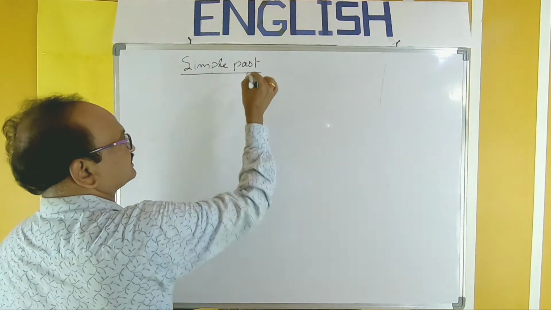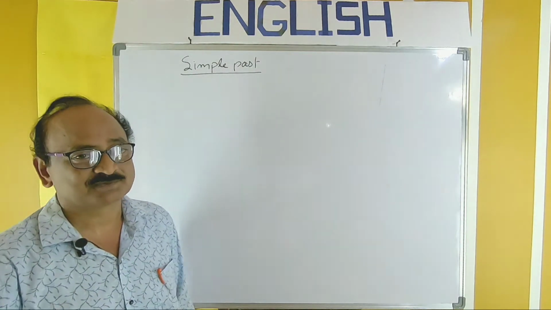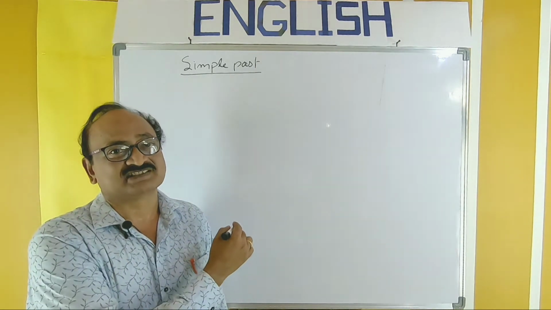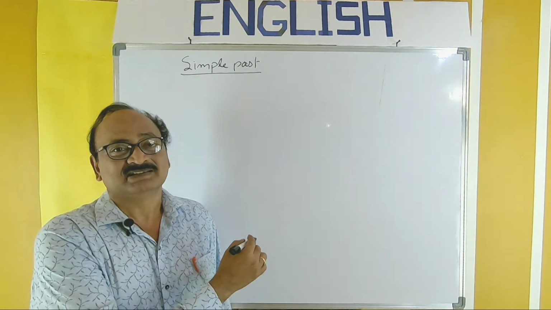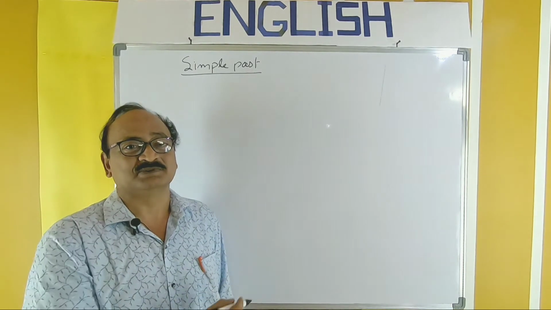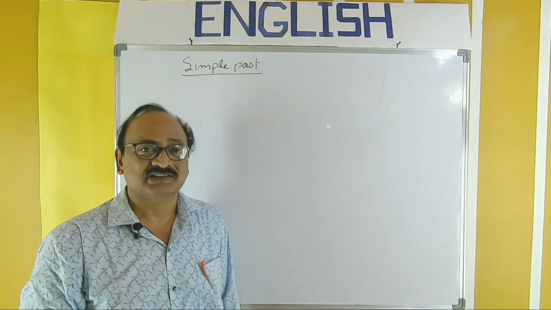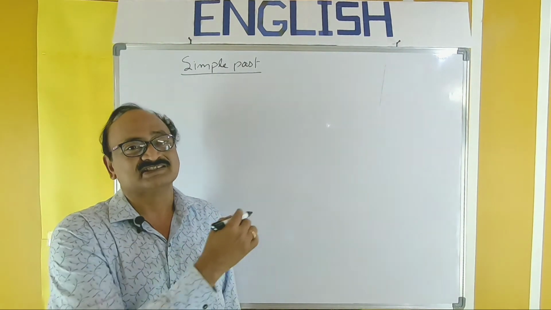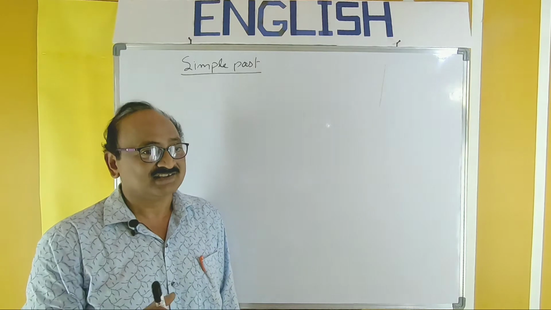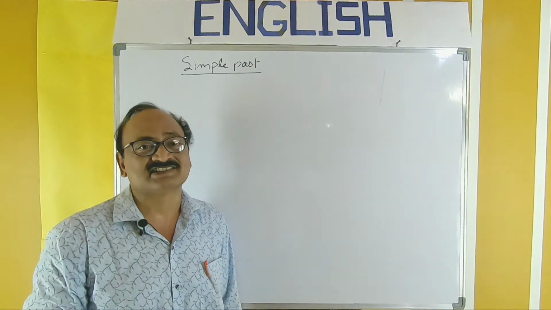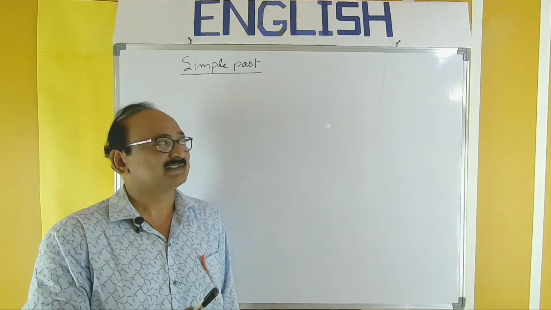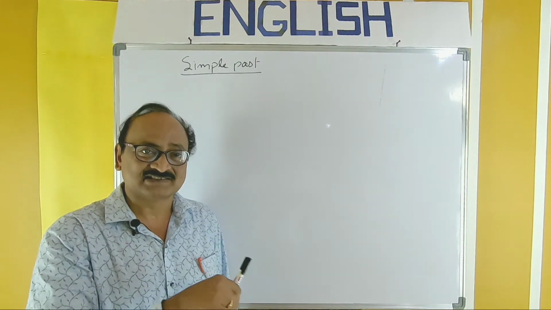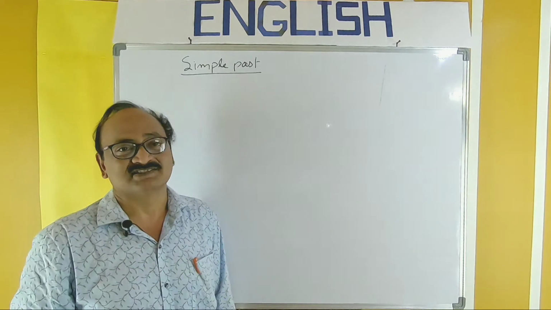As usual, we should take the structure first. In this simple past, along with the subject, we have to use the past tense form of the verb, that is the second form of the verb, and of course you can use a suitable object. So it is a very simple structure. From here onwards we can compare the other tenses. We can compare this past tense with the present tense also, so that you can recall the present tense and learn the past tense.